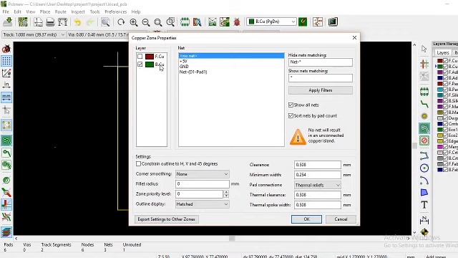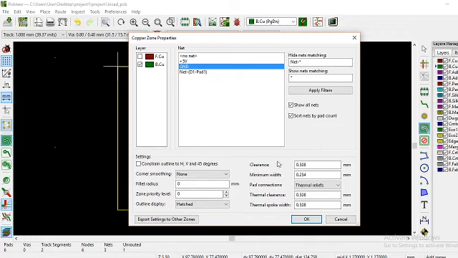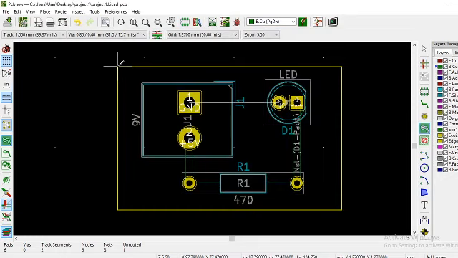then single click here, then a window will open. Here select bottom copper and here select ground, then set a clearance value. So here it is 0.508 mm, so it's a safe value, then click OK, then draw like this.